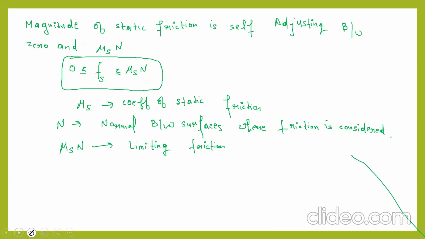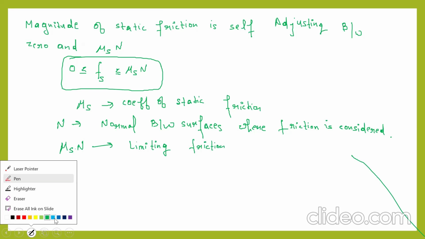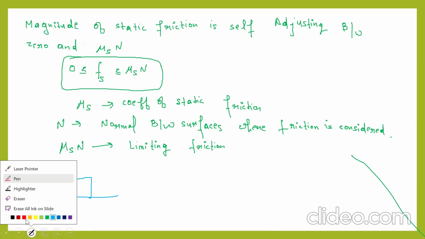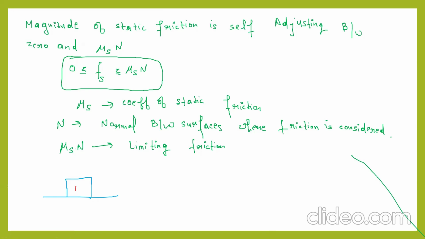For example, if I kept one block on the floor like this, there are two objects. One object is this block, one is the floor. Meaning is that if you take a heavy box displaced on the floor, now you please tell me